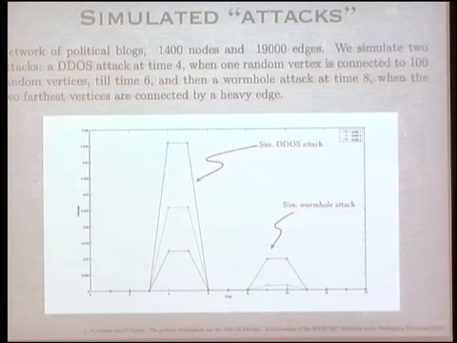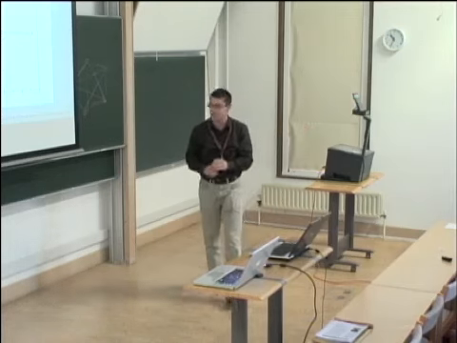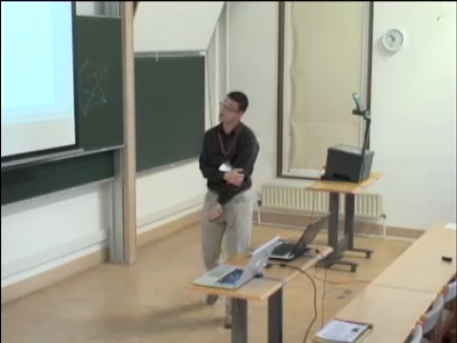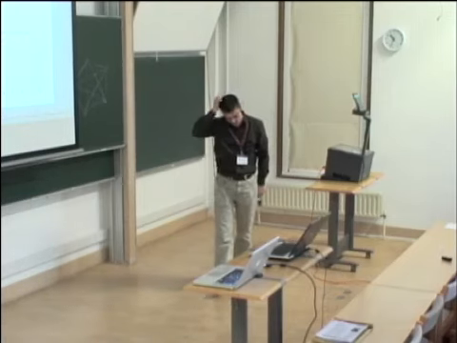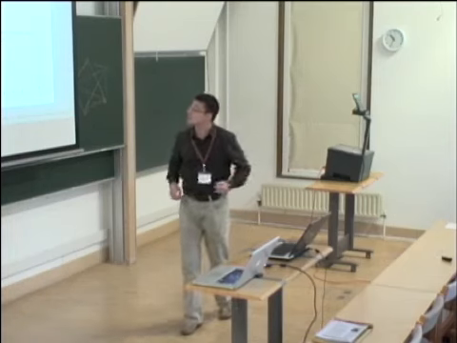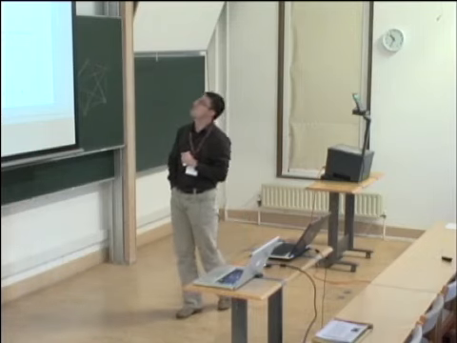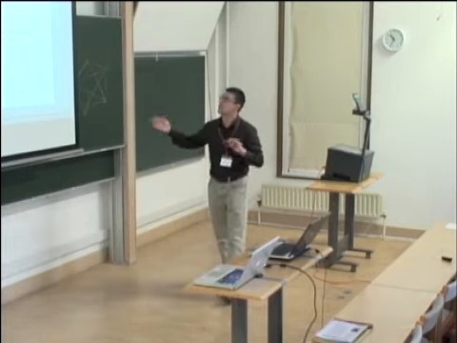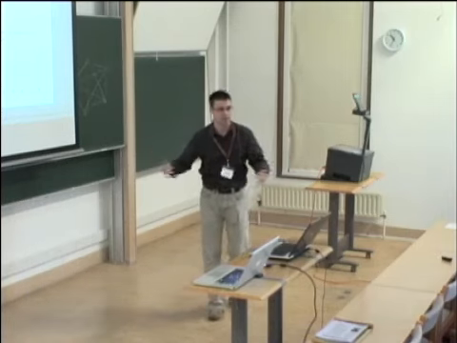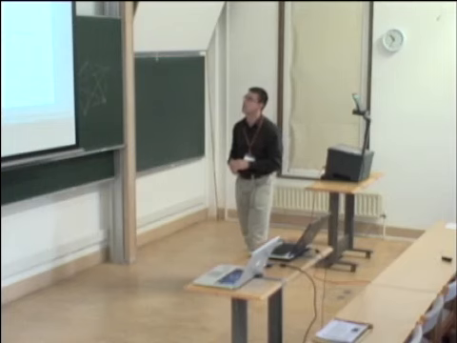We even simulated attacks, and here is where I'm going to embarrass myself by talking about things that I do not understand. So all the names that resemble technical names like DDoS or wormhole attack are mathematical definitions. They probably have nothing to do with what they really are. So what we did here, we picked the political blog dataset, which was also discussed yesterday. And it has about 1,400 nodes and 19,000 edges. It has more than one connected component, so we look at the largest connected component, which is about 1,200 nodes.